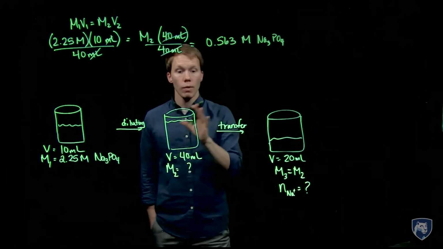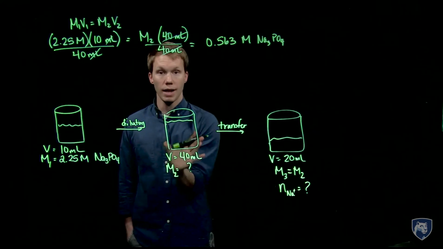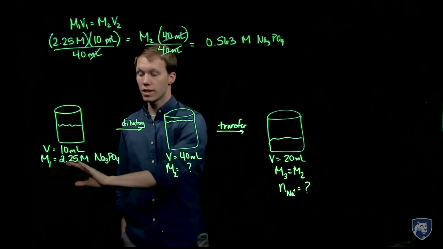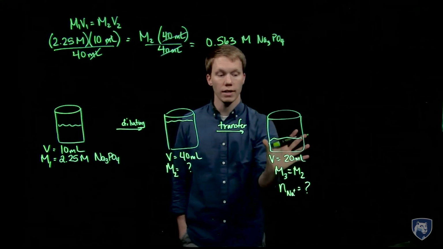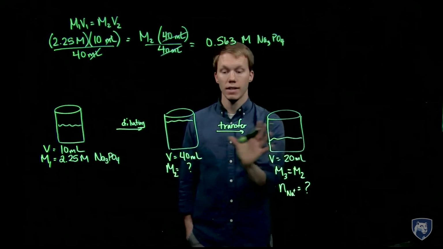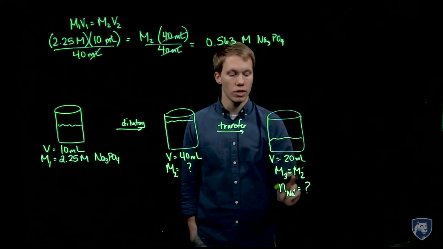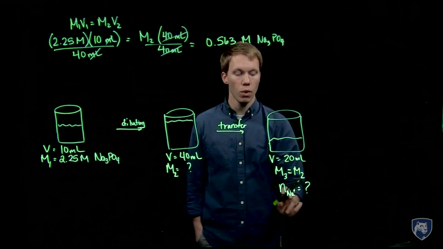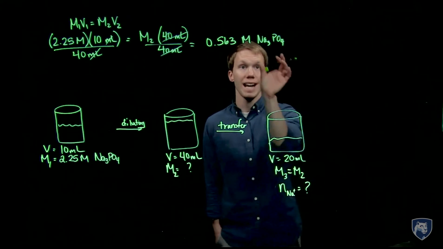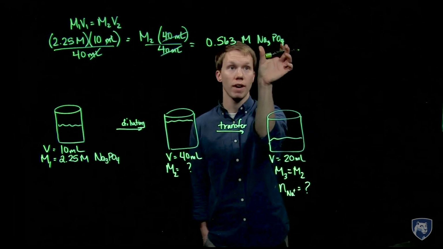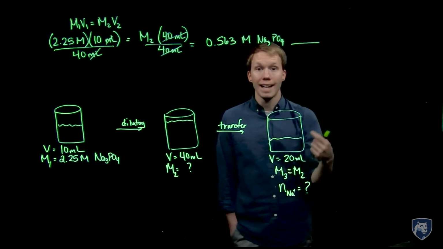So thinking about where we're going, that's the concentration of sodium phosphate in my diluted solution. Of course, it's less than what we started with, that makes sense. And then because we're just transferring it, the concentration here is the same. So I know the concentration of this sample now, which is what I want to know, how many moles of sodium are in here. So because I want to know moles of sodium, and right now we have it with respect to moles of sodium phosphate, I'm going to go ahead and convert this